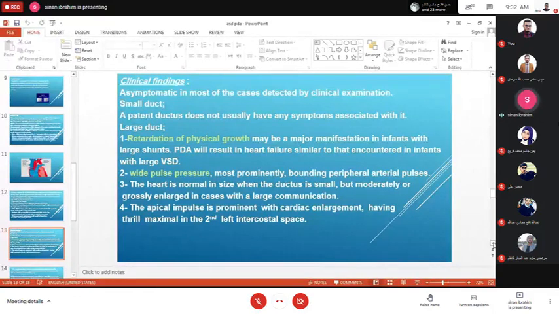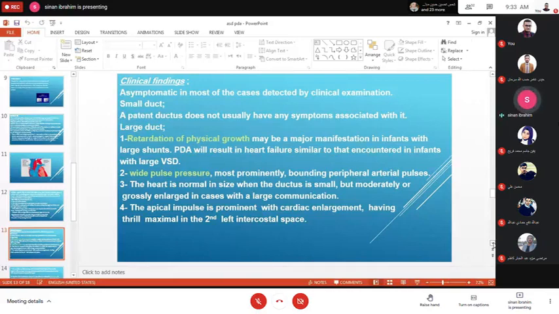The heart usually is normal in size when the duct is small, but moderately or grossly enlarged in cases with large PDA, and the apical impulse is prominent with cardiac enlargement, having a thrill maximum in the second left intercostal space. لذلك احنا عادة by palpation بالpulmonary area راح نلقى فرغ